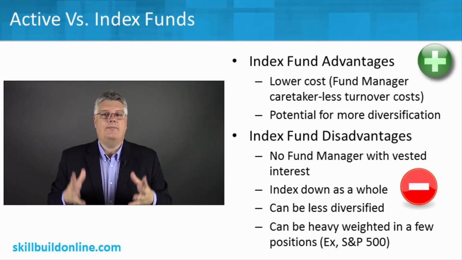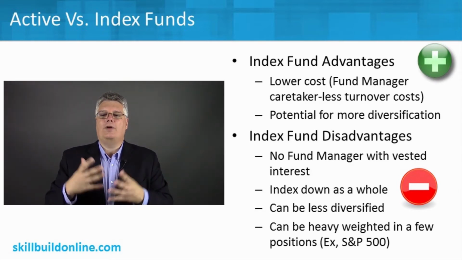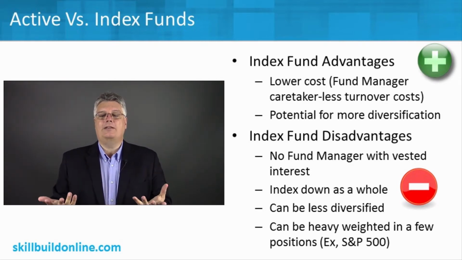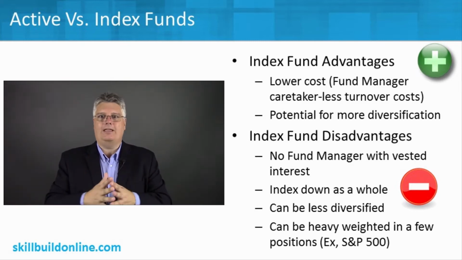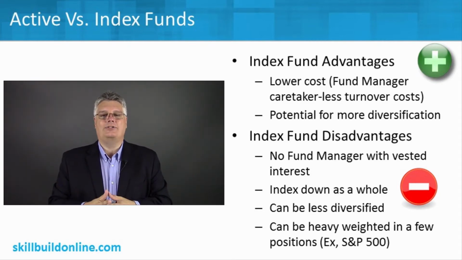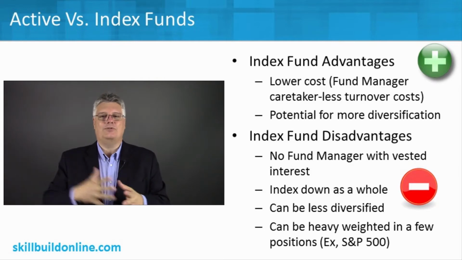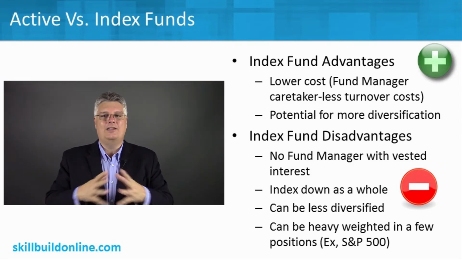Also, you're not having to pay a team and some expensive folks to manage the fund, or a team of people to do research and all the stuff that goes into picking stocks at an expert level. You're basically just passively trying to match the index. So that's another way to reduce cost. And you have the potential within an index to have more diversification in terms of lots of different types of companies, because the Russell 2000, for example, is 2,000 small cap stocks, the bottom 2,000 of the Russell 3000, which is also U.S., which is essentially all the stocks. So by getting the Russell 2000, the 2,000 smallest stocks, you don't have to pay somebody to research all those thousands of stocks and pick the best ones for a fund. You just match the index.